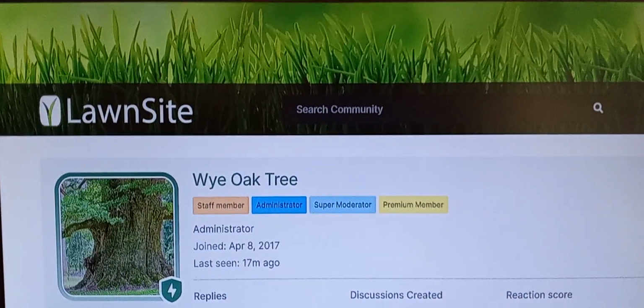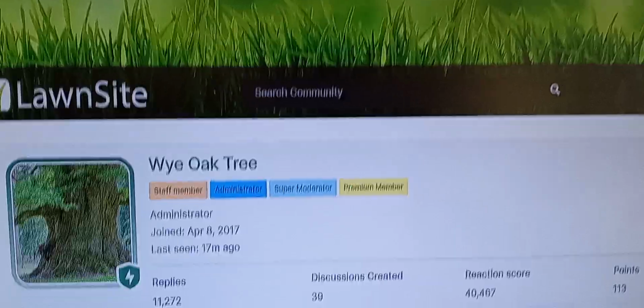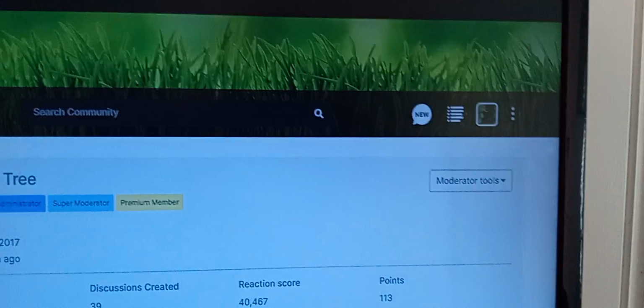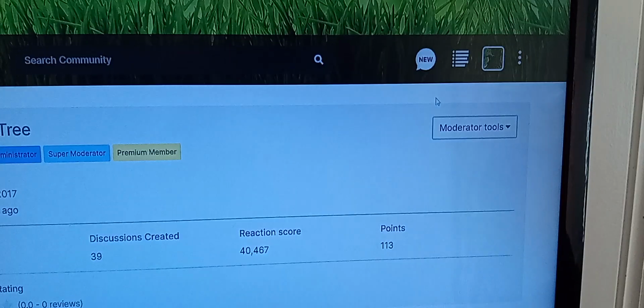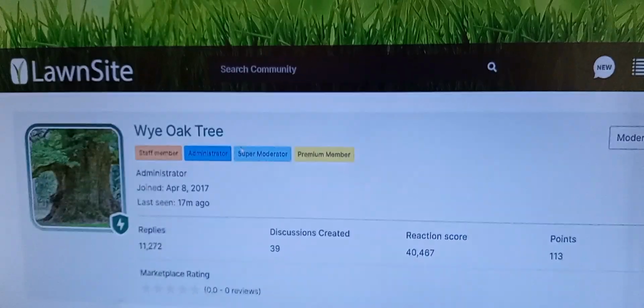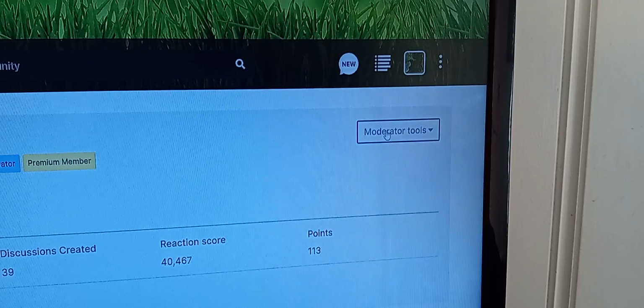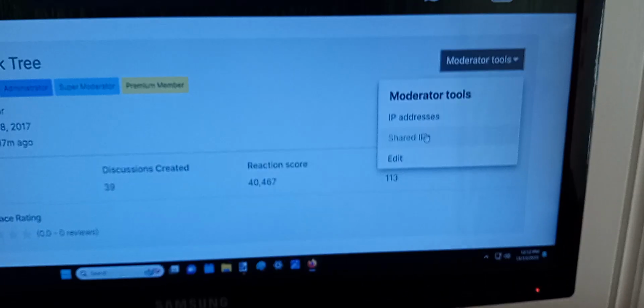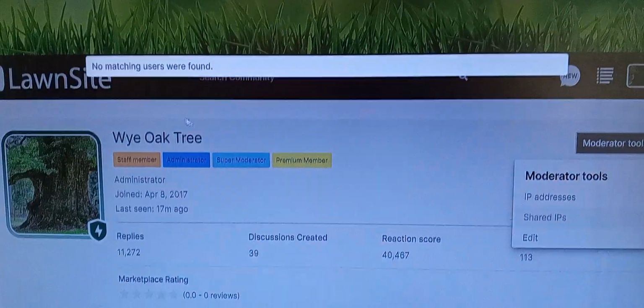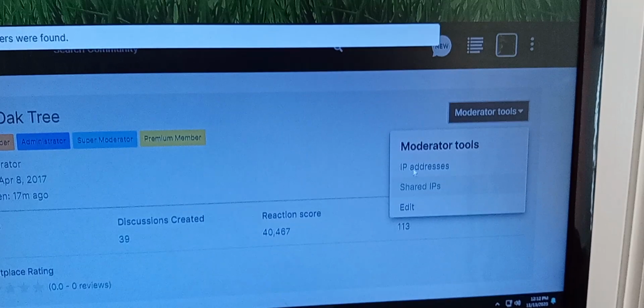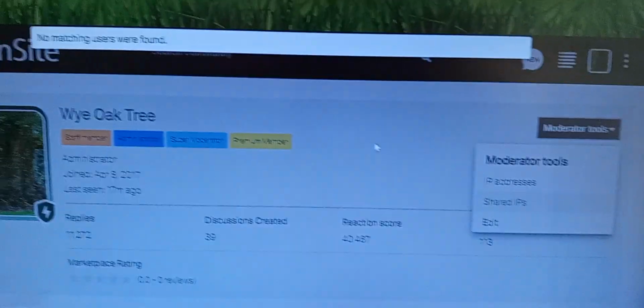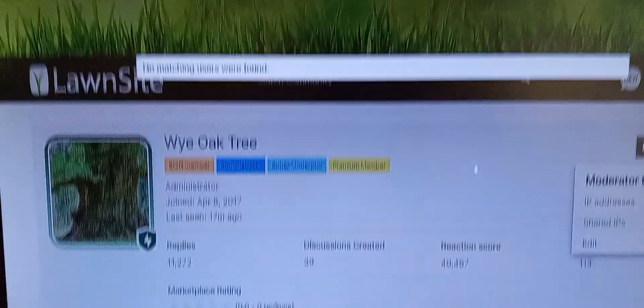This is regarding IP addresses. Any moderator or administrator should be able to check the IP address on any account. So once you bring up an account, a member, you go over to the old moderator tools, shared IPs, none found. And if you click on IP address, it'll bring up all the IP addresses that the account logged